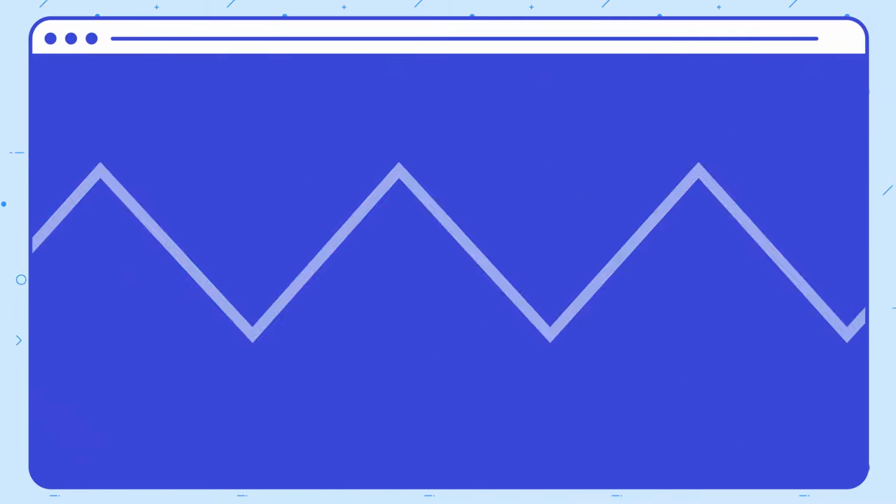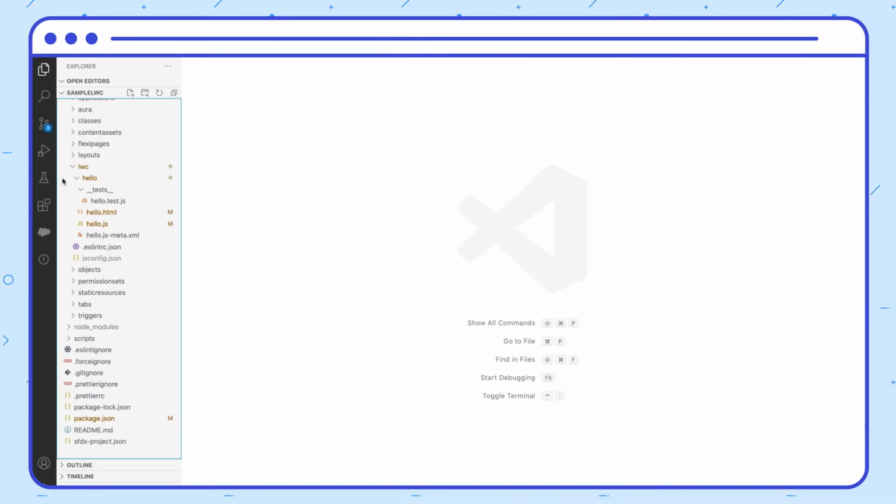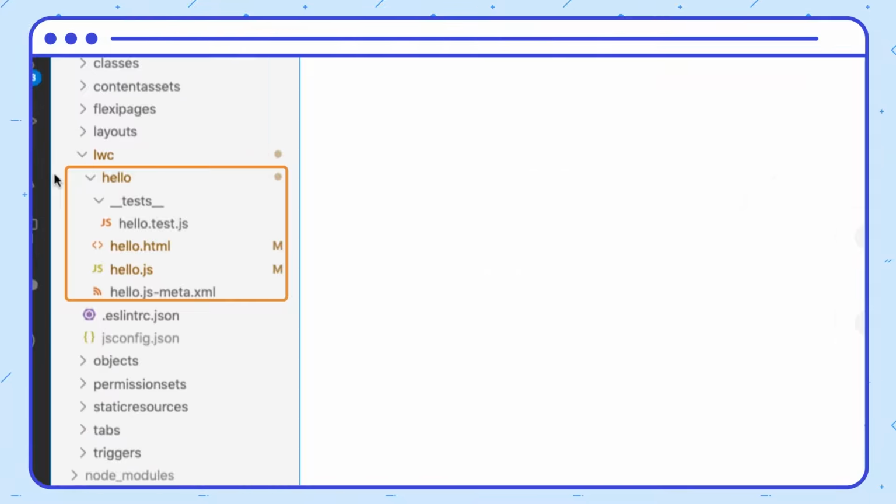Hello again, and it is tip time. Today I am going to show you how to automate formatting and also the unit test execution while you commit your code. For this, we are going to use the latest version of an NPM module called Husky by using the pre-commit hooks. Here I am in VS Code, where I have created a sample LWC project. It has a basic hello component, and I have also written a test class for it.